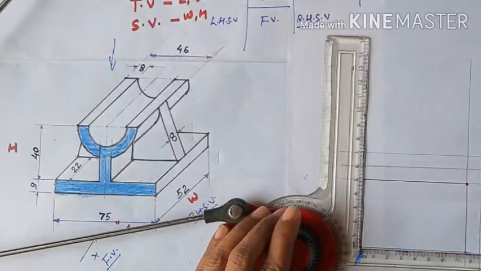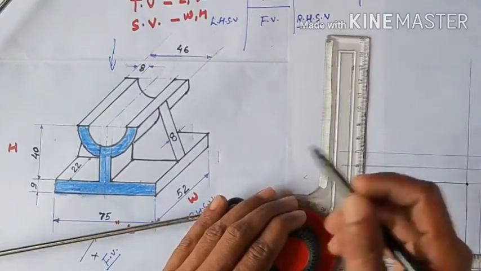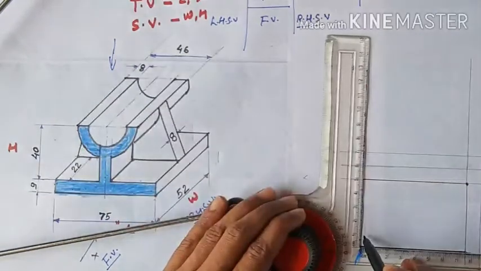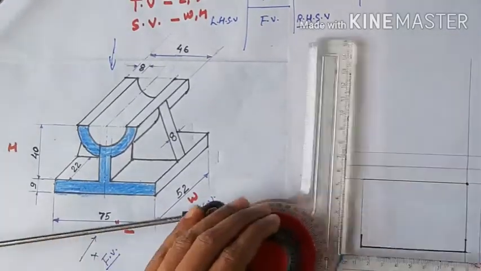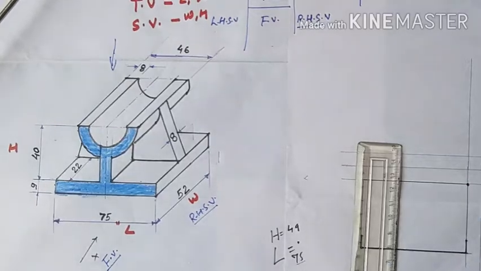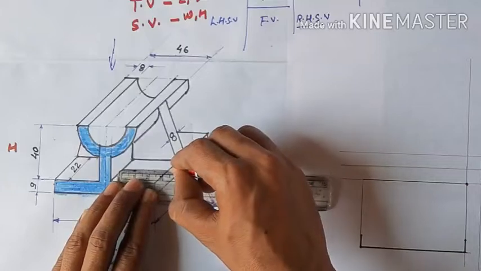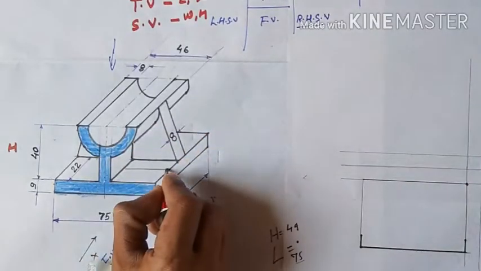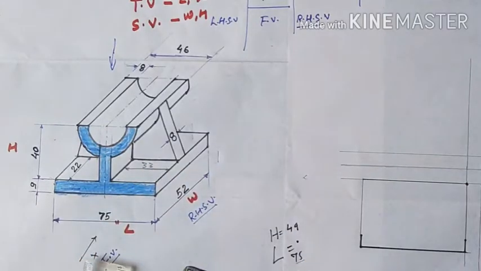From here we use the HB pencil. So this is your 75, and what about the height? You clearly see that the initial height is 9, so here we draw 9, we need to construct a 9 line above. Now what about this distance? According to the question, this distance is 33, remember. So I put the dimension here. This is your 33, remember what I am saying.